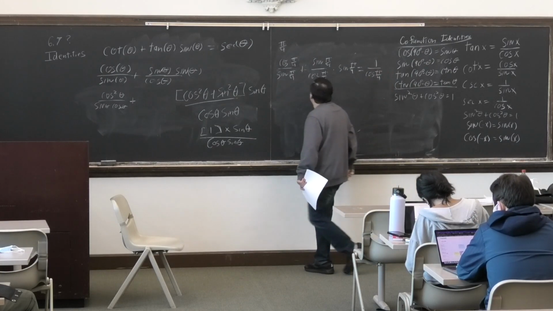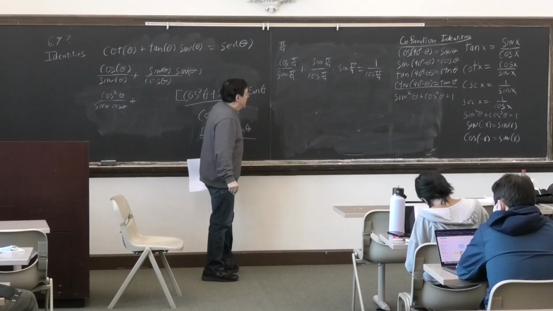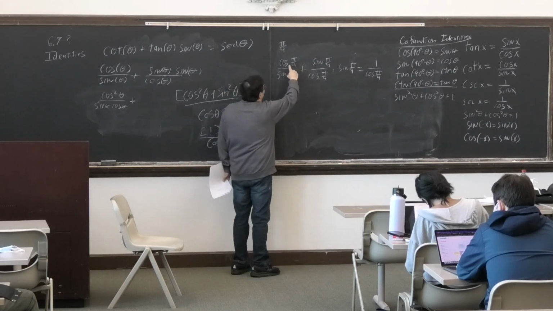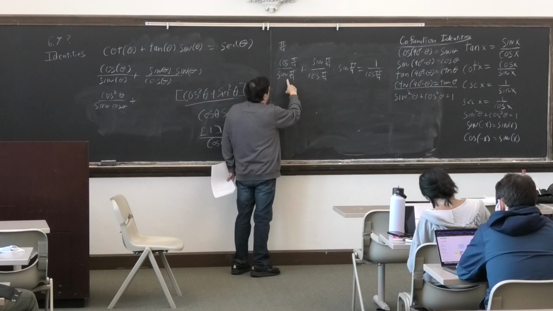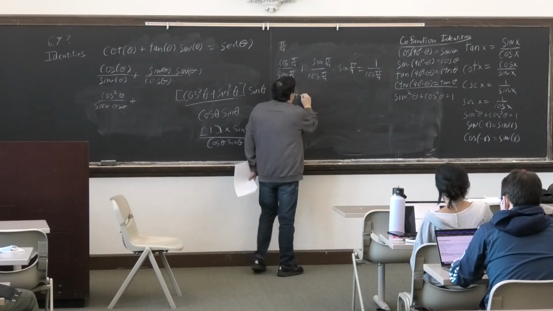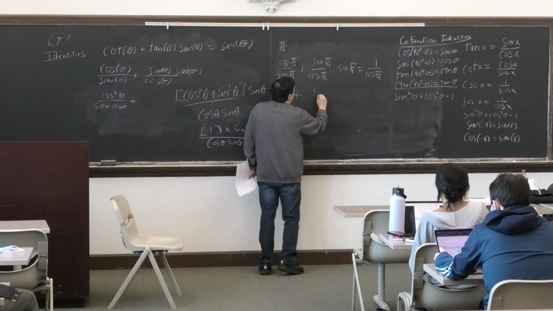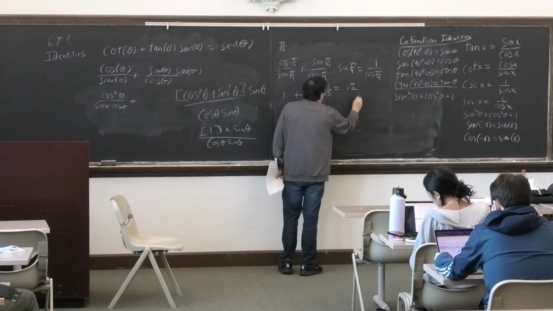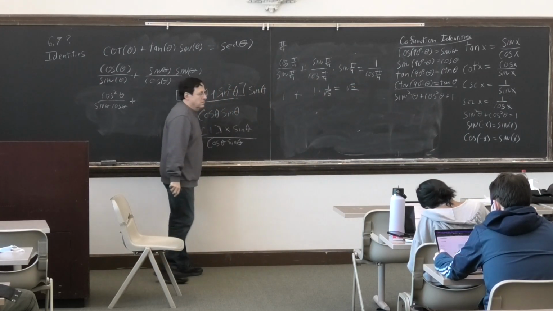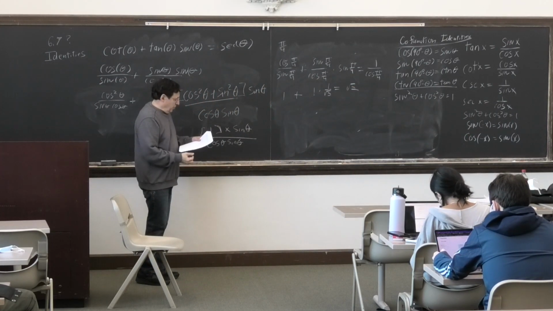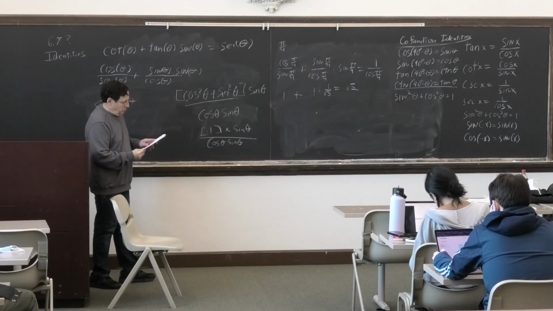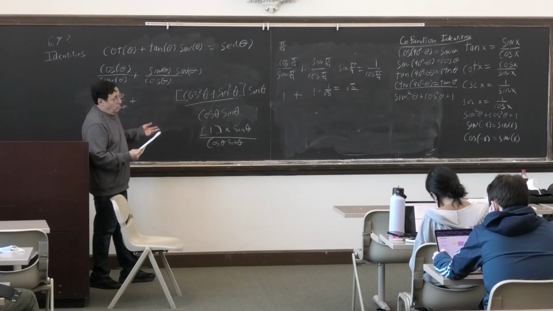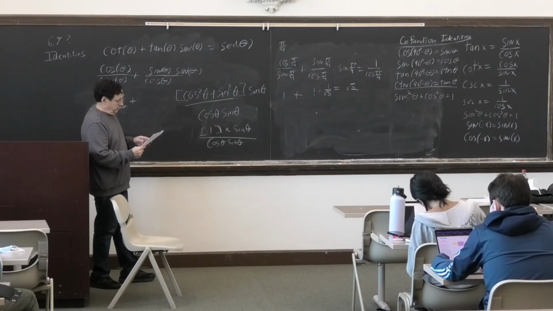I hope I didn't choose the wrong value. It's just going to come out anyway. But this is 1 over the square root of 2 over 1 over the square root of 2. So 1 plus 1 times 2 equals square root of 2. My example has a typo. Well, I've shown that it's not an identity, so